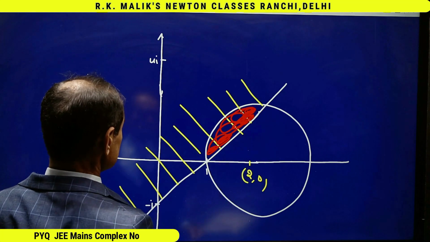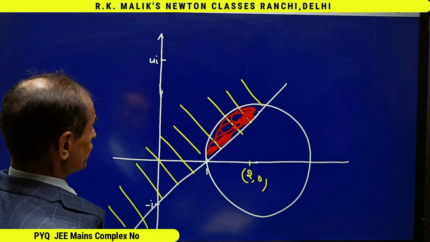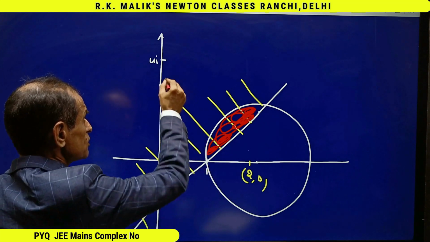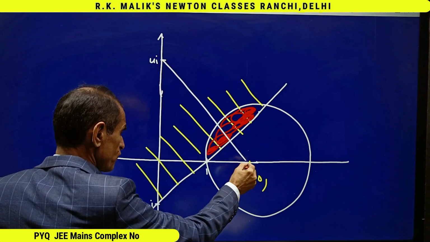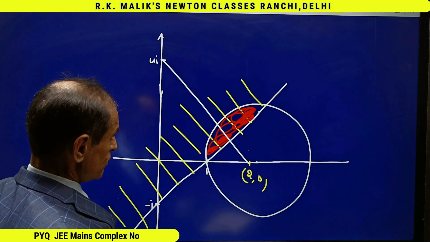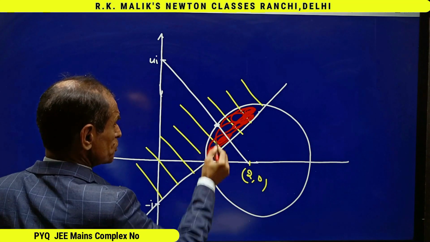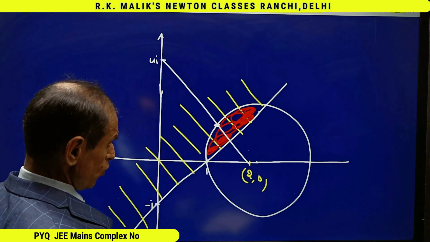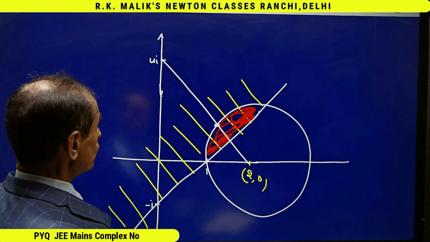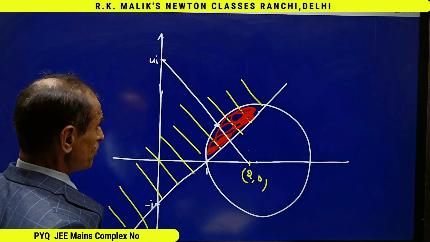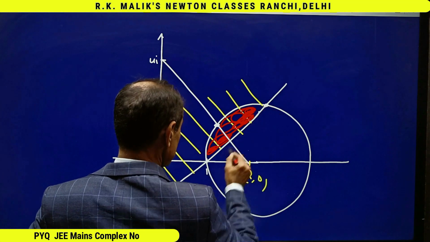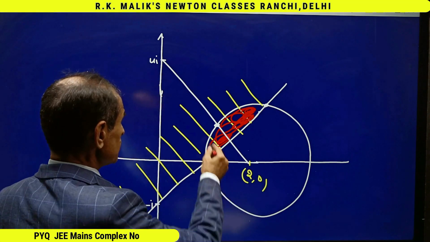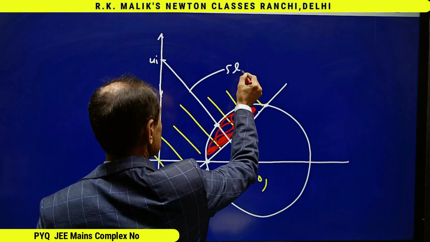Out of all these points, clearly the point which will be at minimum distance from 4i, for that join this with the center of the circle, and this point will be at minimum distance from 4i. Obviously the maximum distance from 4 iota will be this complex number or this complex number. It is clear that the slope of this